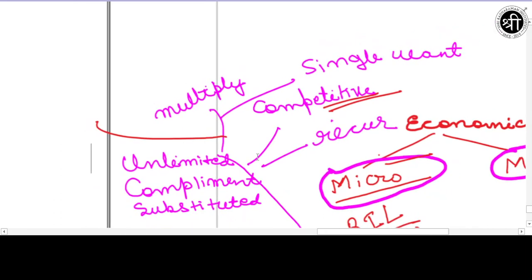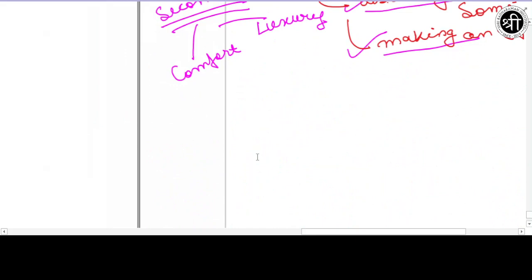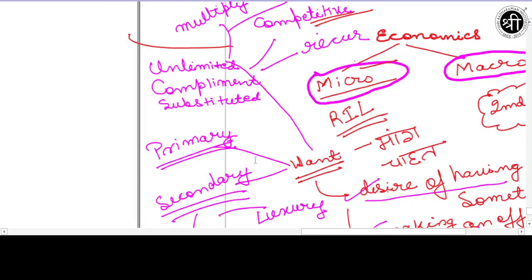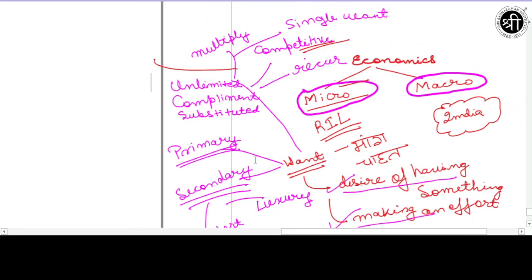What is want? Want is the desire to have something which can be fulfilled by making an effort to acquire it. Like we have a want for a glass of water, so we can make an effort and fulfill our want. And a very important thing to remember over here is that we can only call that desire a want which can be fulfilled. Like if we want to have the whole universe in our hands, although we might have a desire, this is not practically possible.